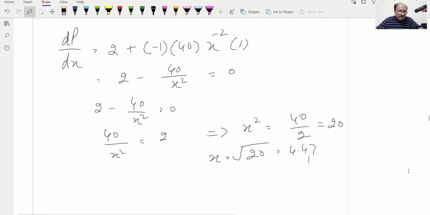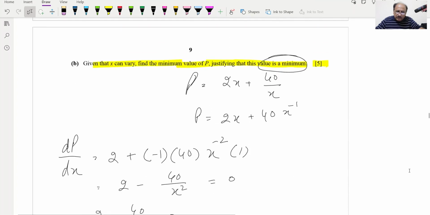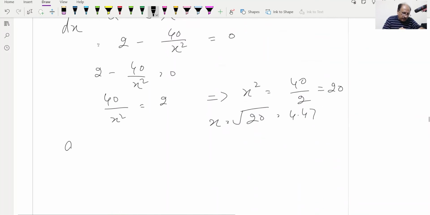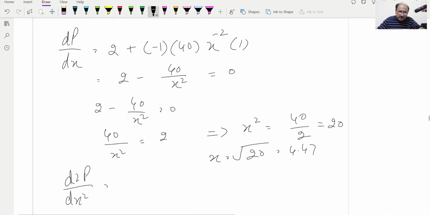We can write here 4.47. Now we will check the second order derivative to justify that this value is a minimum. We will be finding the second order derivative for the criteria, d2p over dx squared, and this will be equal to the second order derivative of which equation, of basically this equation which we have already taken the derivative of. So it will be what, x is equal to this one. So minus 40